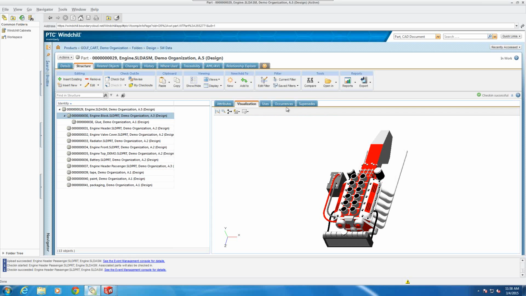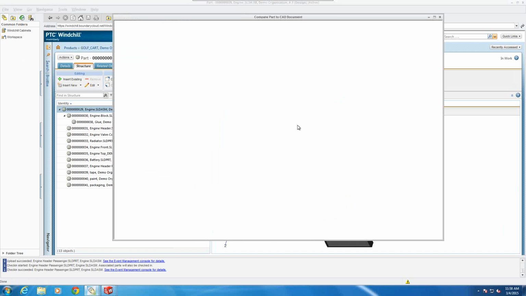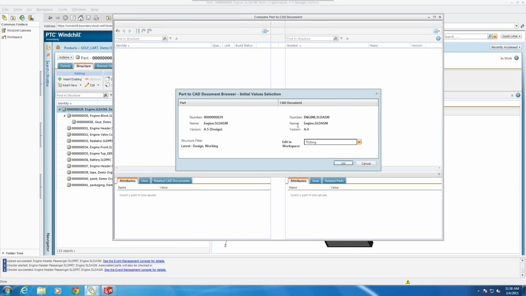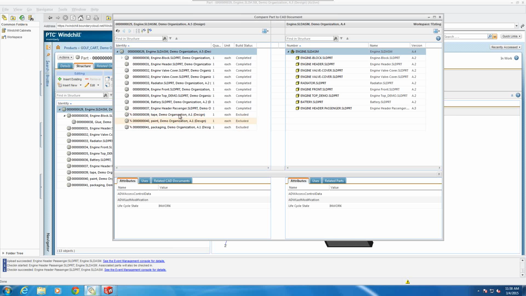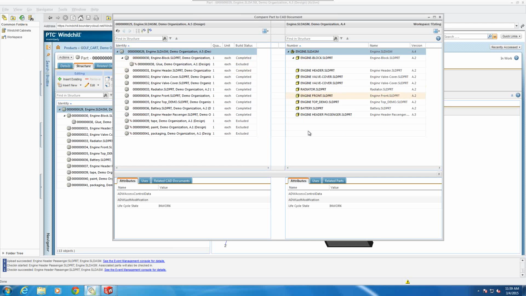Now, what I can also do with this is a comparison. I want to compare this BOM structure. So if I want to see what's different between my part structure and my CAD structure, I can do that. So I'm going to compare these two structures to each other, and it'll allow me to see what the differences are between these two items. So this is what I've added to my BOM structure. This is what I've added to, or if I added anything, it'll also show over here. So if there were some CAD files I didn't have a part for, it will show those as